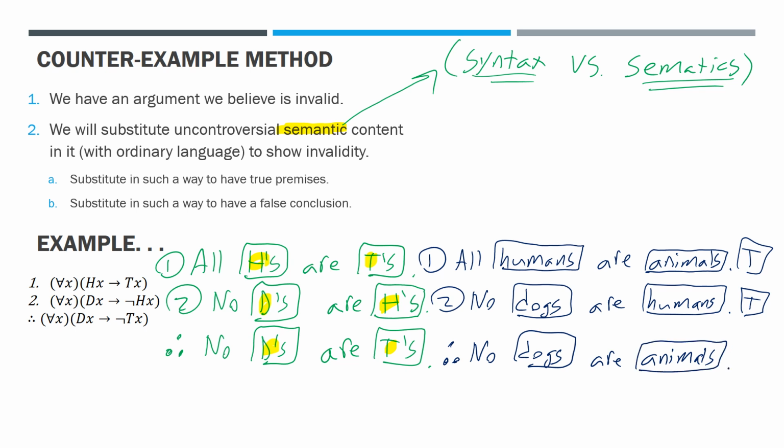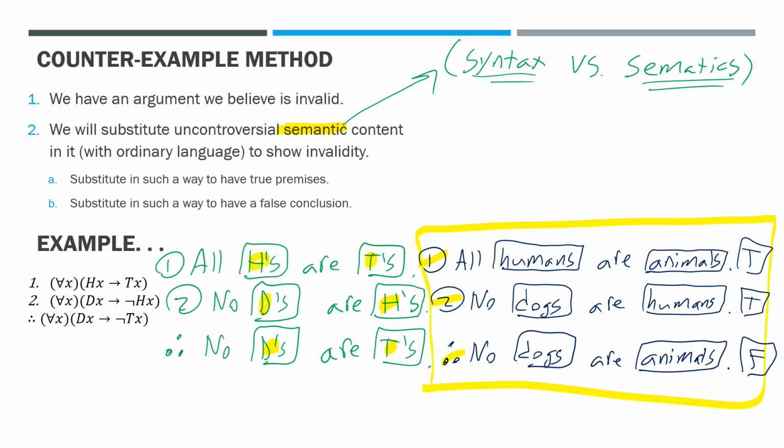So we have no dogs are animals, but that's clearly, uncontroversially, a false proposition, a false conclusion. So we have two true premises, but a false conclusion. So this argument here is invalid. And so this argument here must likewise be invalid. We've used semantic content to show that